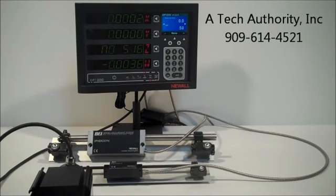This is Newall's latest digital readout called the DP1200. It's engineered specifically for long travel machine tools. The 1200 offers features that are essential to productivity of boring mills, planer mills, VTLs, milling machines, and lathes with long travels. It's built with an extra large bright screen, and it has a 3.5-inch TFT screen on the